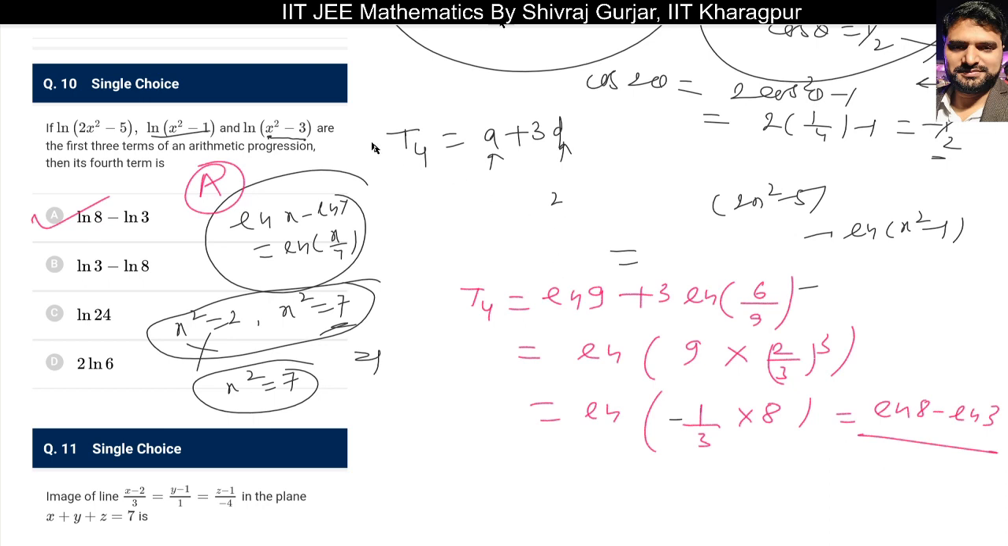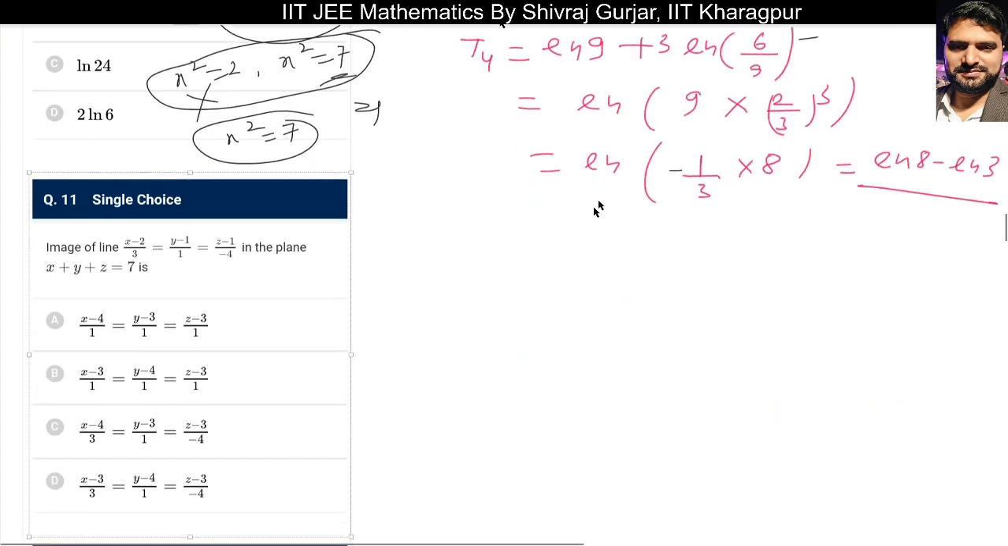It was simple. Here the concepts of functions plus AP were used. Simple thing: the argument of ln x should be greater than 0, and the other was an application of arithmetic progression. Let us take